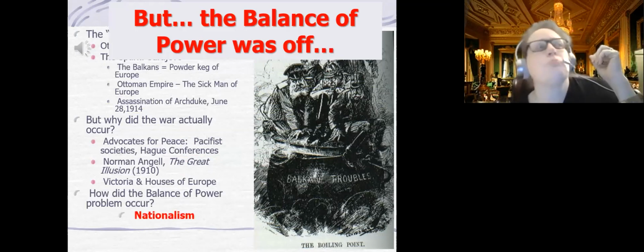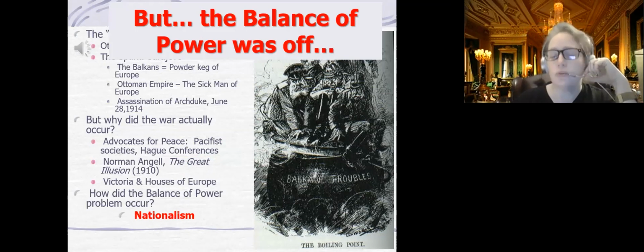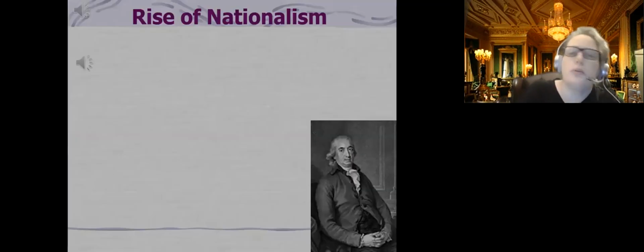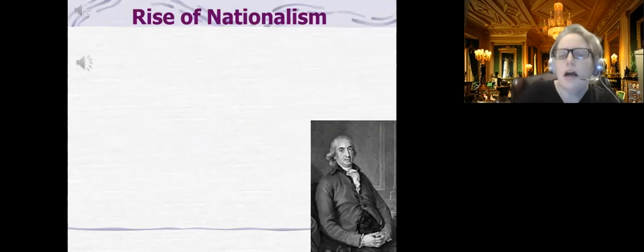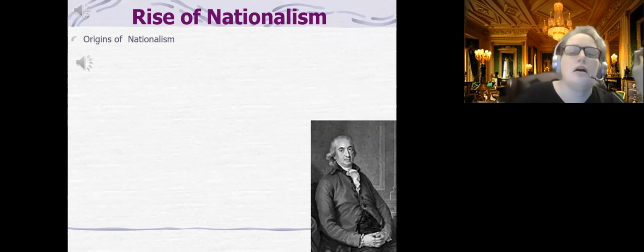And so despite all of the things that they'll do in the wake of Napoleon to try and create a peaceful Europe and measures of peace, nationalism is going to overturn all that they had tried. So let's take a look at nationalism. Nationalism has a couple of different origin points, some theoretical, some in terms of events, and some that are going to be more cultural.